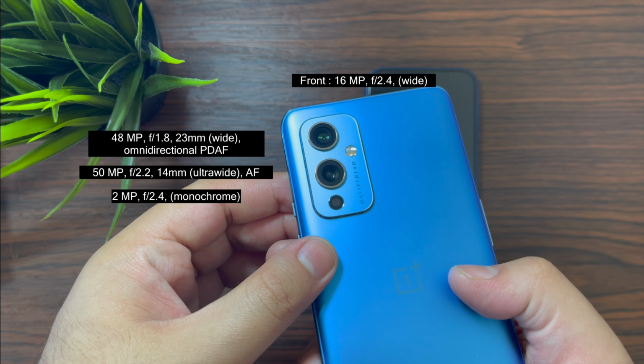If you see the photo quality difference between both of these, it is significant. The iPhone is much clearer while the OnePlus is extremely washed out, and it is very difficult to see that the OnePlus is not doing that good, even though the specifications of the camera lenses are extremely good.